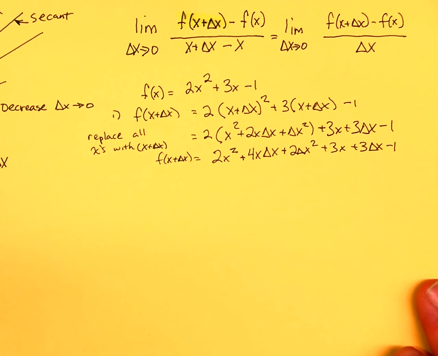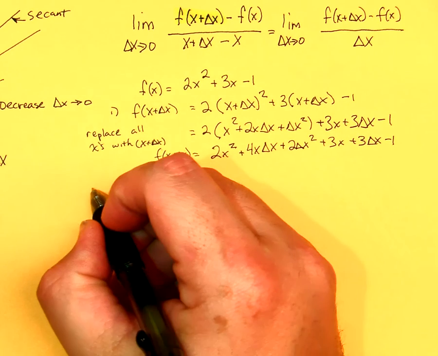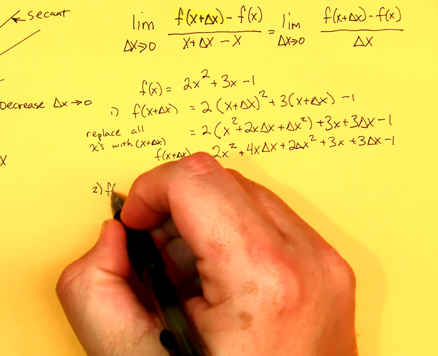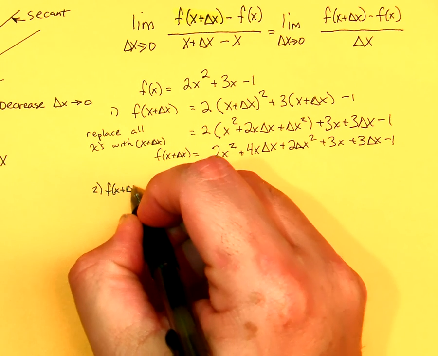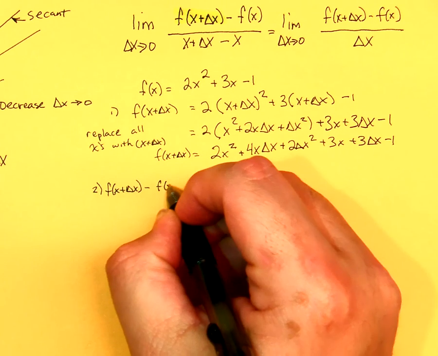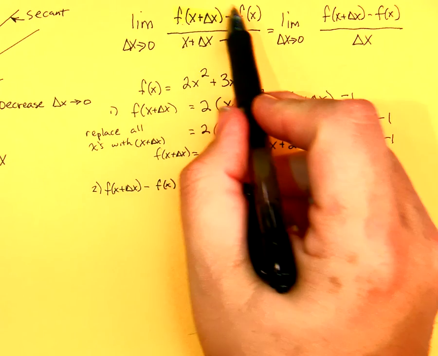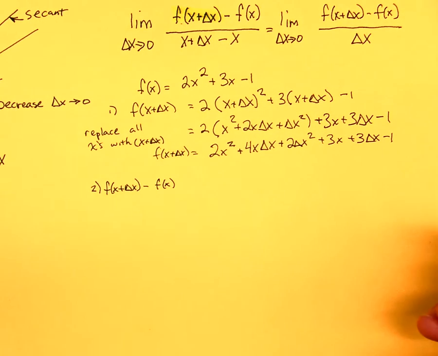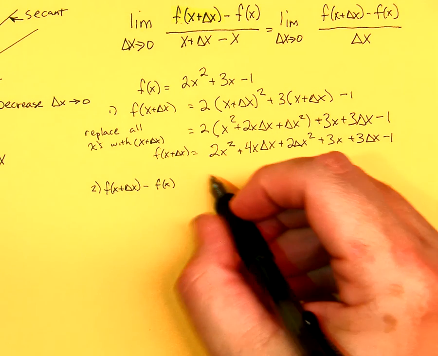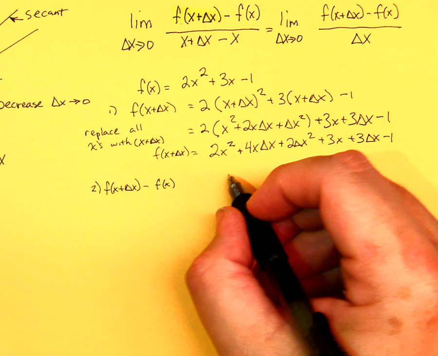The second part, we want to take f of x plus delta x, subtract off f of x. So now we're working on the numerator. We're going to build up the numerator. Well, I'm going to do this vertically, 2x squared plus 4x